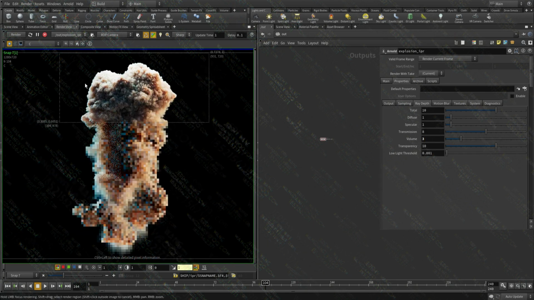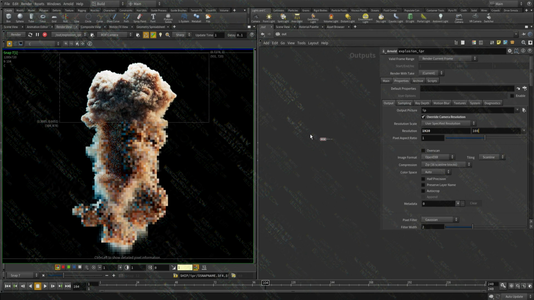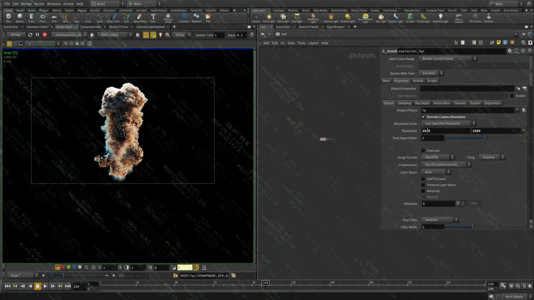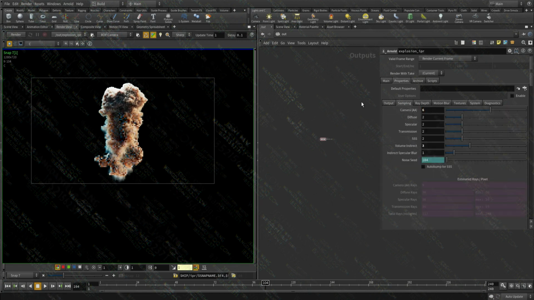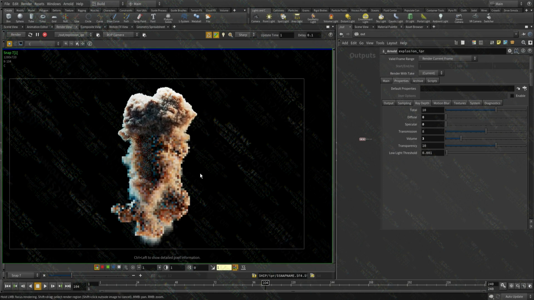And let's do a high-res render. So I want to show you, I want to do the interactive rendering. So I'm going to set it to 1920 by 1080. And let's set this to 4. I'm going to turn this off just in case. And let's hit render. And this is a very fast machine that I'm working with.